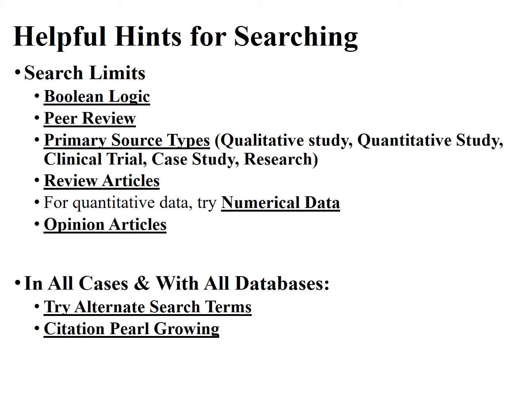It is important to know about source types such as primary sources, which are original research, secondary sources, and opinion articles. There are several primary source types in medicine, such as clinical trials, randomized controlled trials, and case studies, to name just a few. Research can be quantitative or qualitative, but can be both in the same article. In addition, I will discuss opinion articles and how to recognize them and distinguish them from primary and secondary sources.